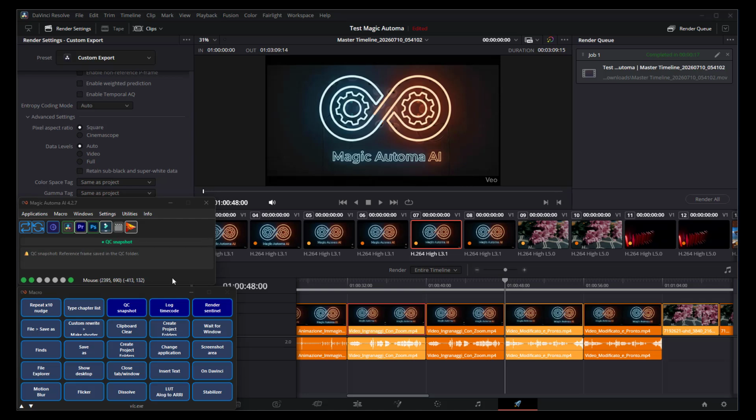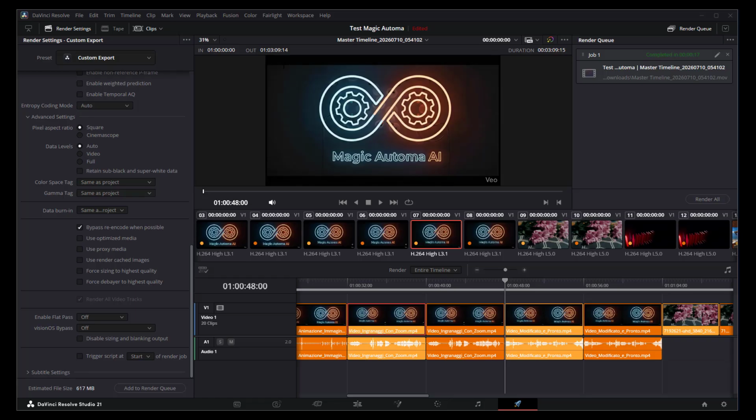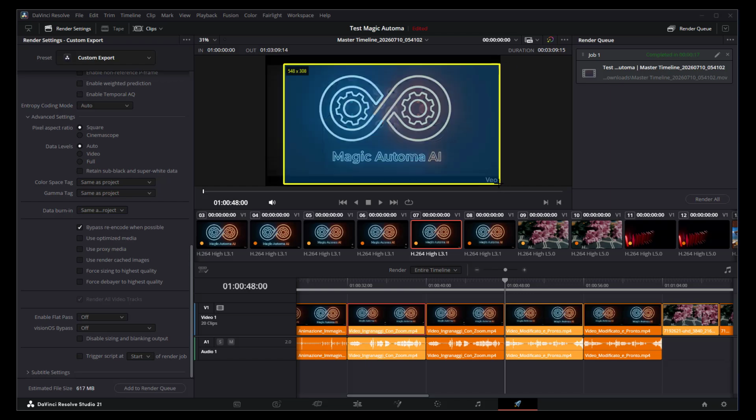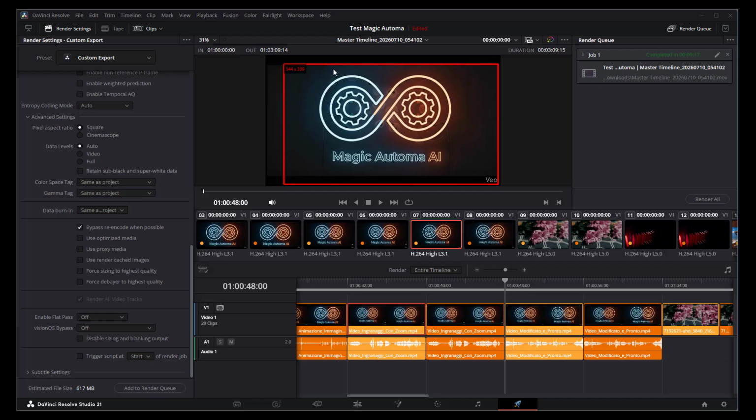Let's start simple, the screenshot action. You can capture the whole screen or a precise region. Here I frame just the viewer. I click Select Region. The editor steps aside, the screen freezes, and I draw a rectangle around the viewer. The coordinates write themselves. And whenever I want to double-check, Preview Region shows it back to me with a red